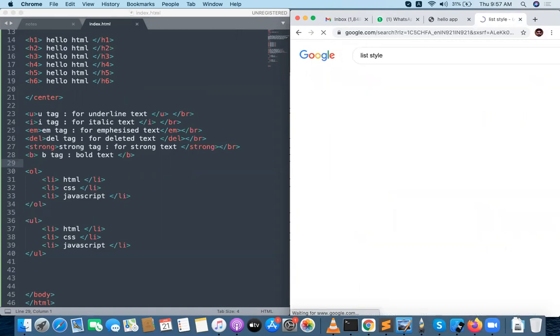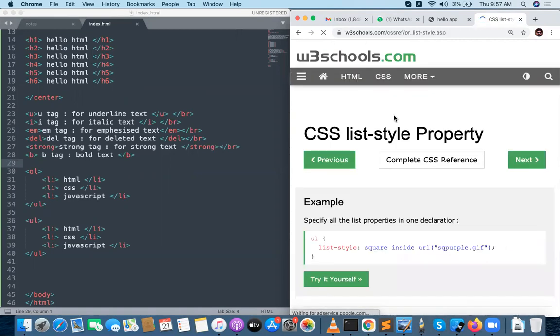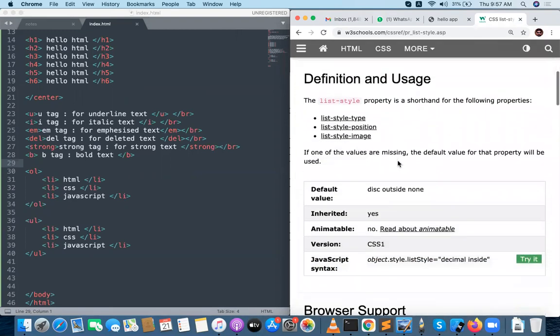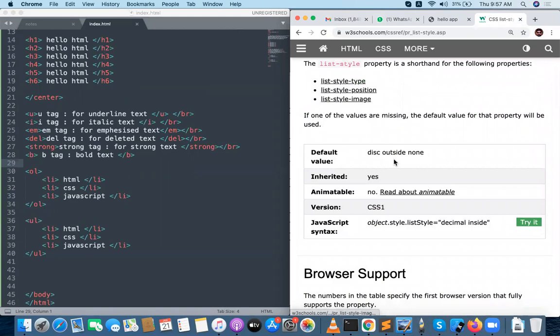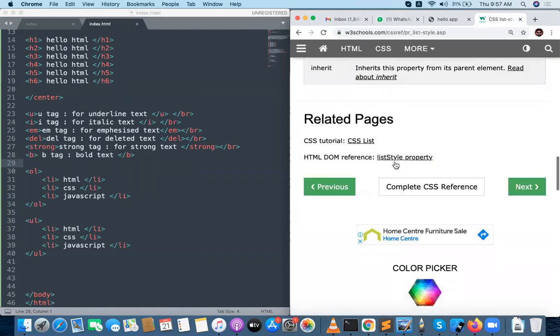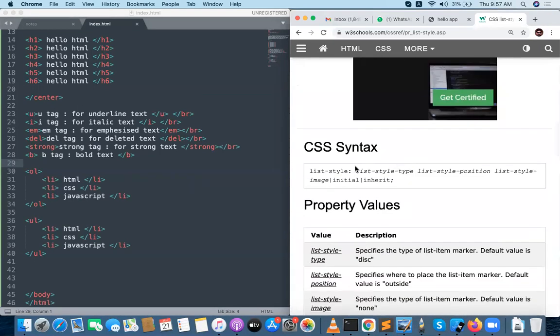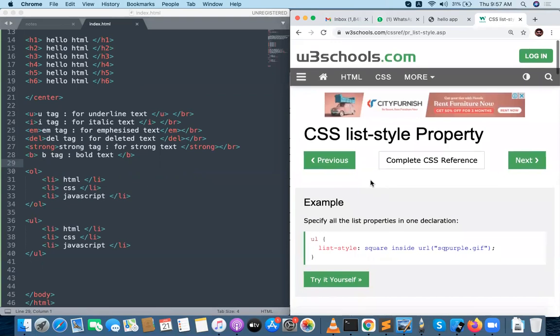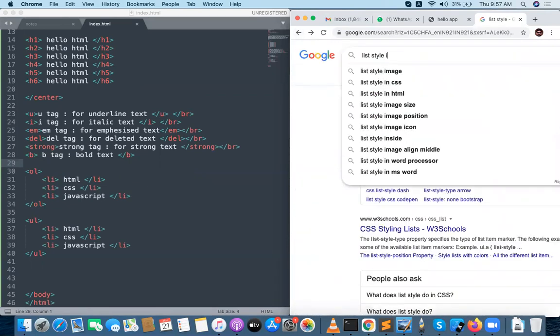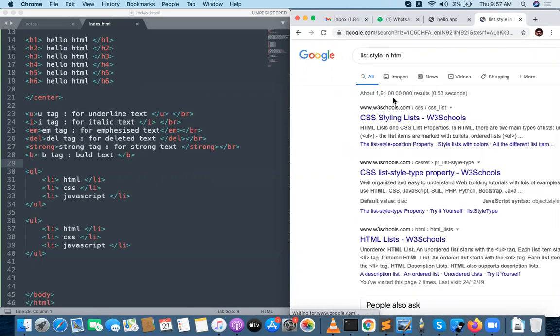That will be done in CSS actually. This is CSS basically, and we don't go into CSS right now. Let me go with HTML.